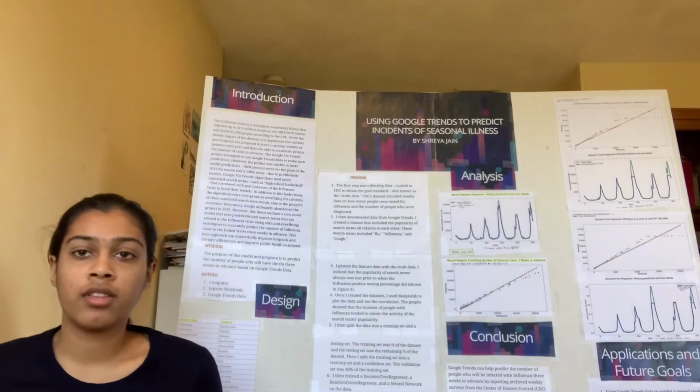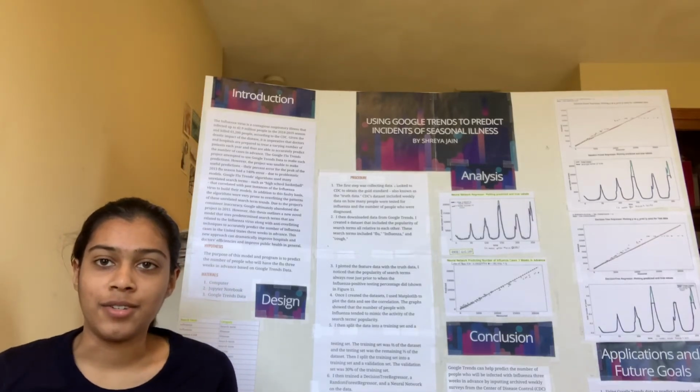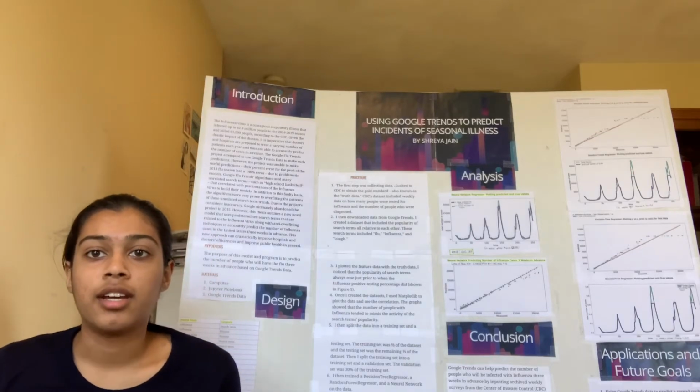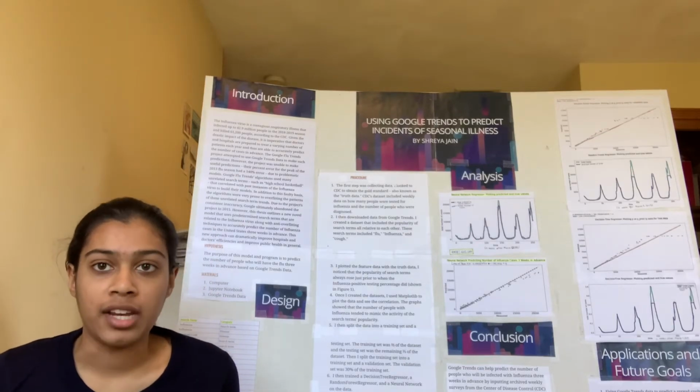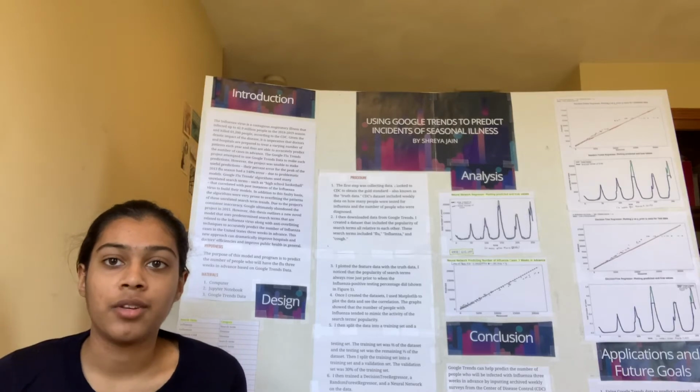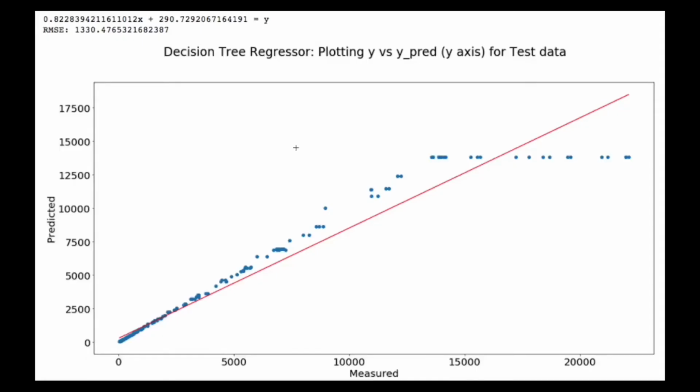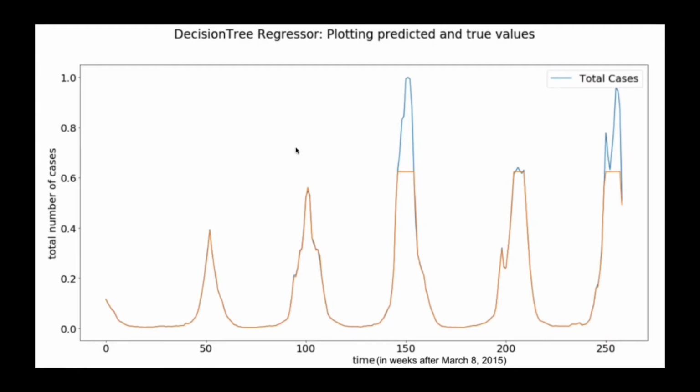accommodate for in advance. The Google Trends data that I used includes data of search terms like flu, influenza, and other flu symptoms and flu medications as well. In total, there were 26 features that I used. I got my truth data from the Center for Disease Control, the CDC. The CDC's data is very accurate as its data sets draw from the hospitals and testing centers from across the country. So, the first model I made is a decision tree regressor.